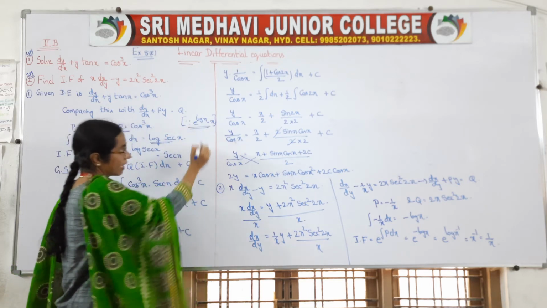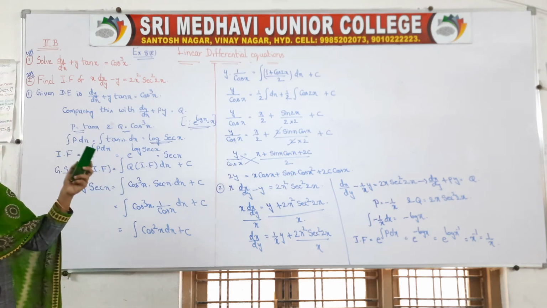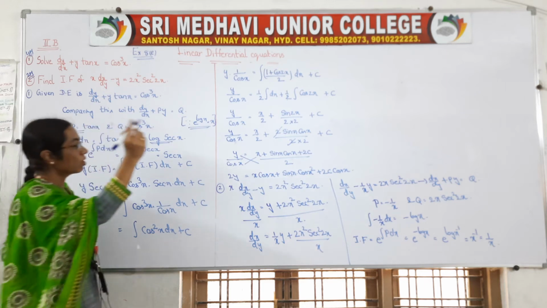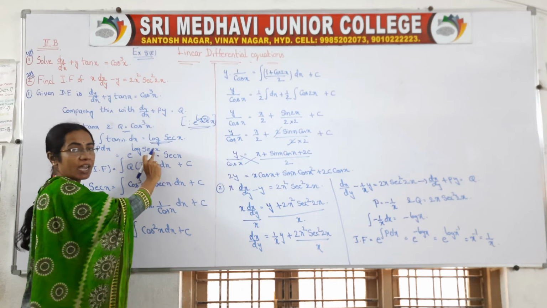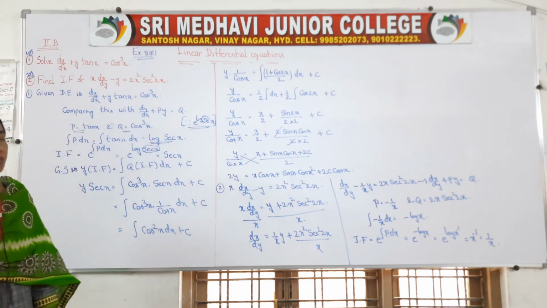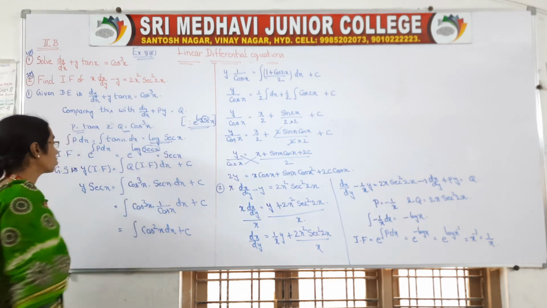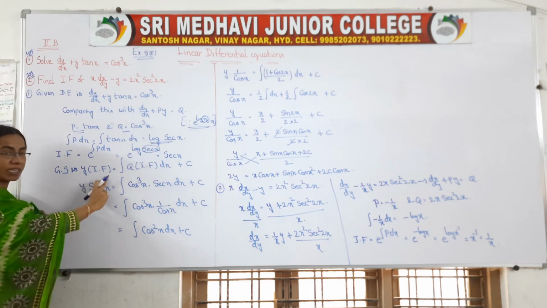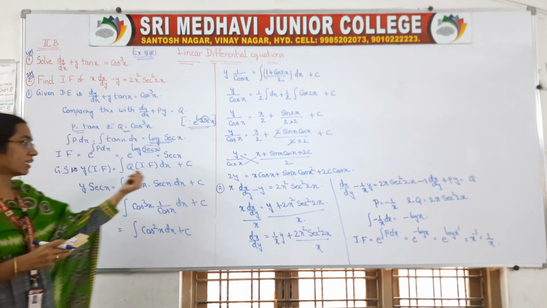There is one standard formula: e to the power of log of any variable, e to the power of log x, is equal to x, right? So instead of x we can have any value. Here we have secant x, so e to the power of log of secant x is secant x. Next, the general solution is y into integrating factor is equal to integration of q into integrating factor dx